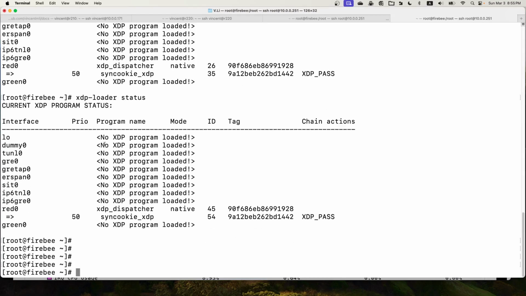So you can see here on the red0 interface, it has the XDP Syncookie XDP program attached. Here we support the XDP loader. And so I installed the libxdp into the IPFire distribution, and also enabled the kernel